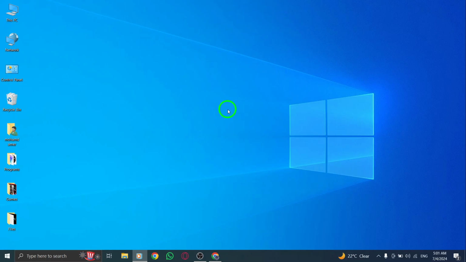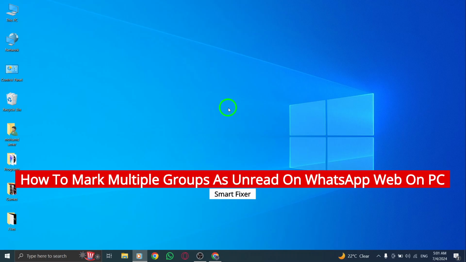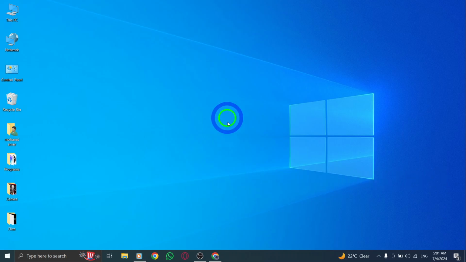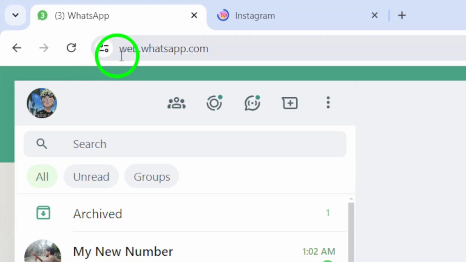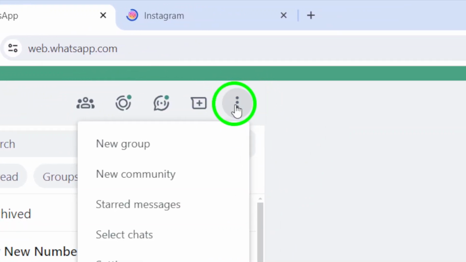Welcome to our tutorial on how to mark multiple groups as unread on WhatsApp Web on PC with the new update. To get started, open web.whatsapp.com on your computer's browser. Once the page is loaded, click on the three dots in the top left corner and select Chats from the